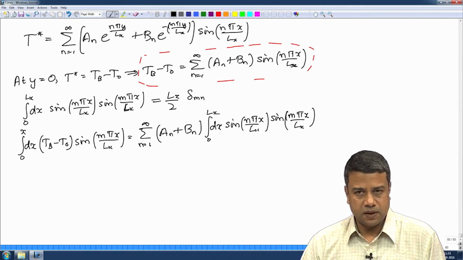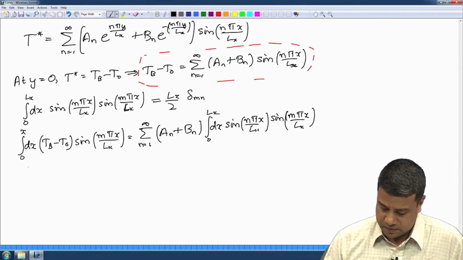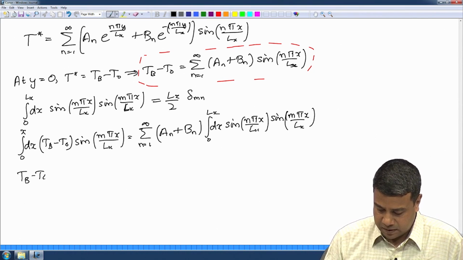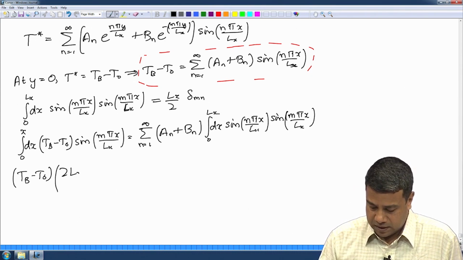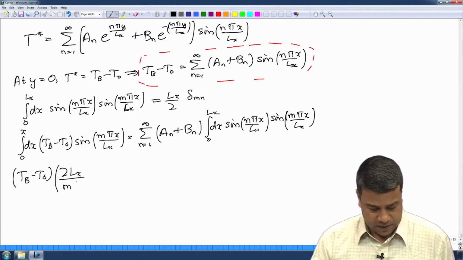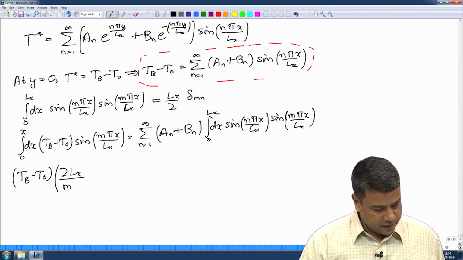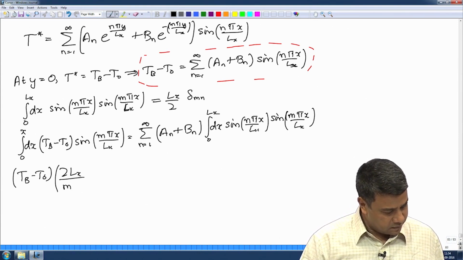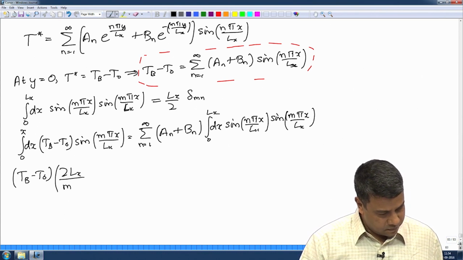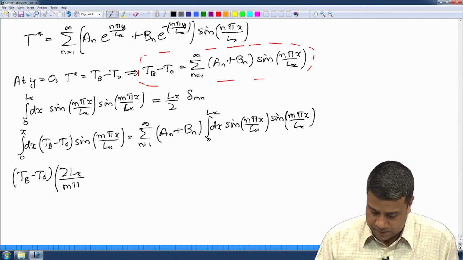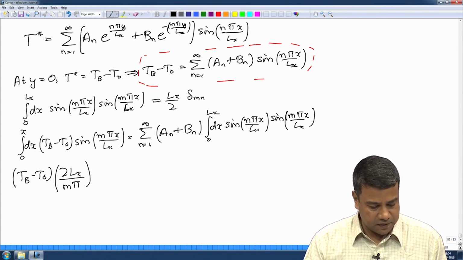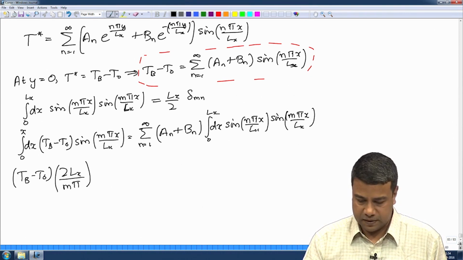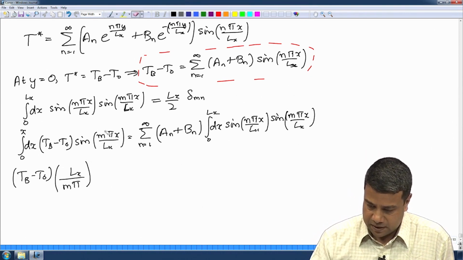On the left side you can do the integration. This will be equal to Tb minus T naught into 2 Lx by m pi. Let me just confirm that for you. Yeah, 2 Lx by m pi. And this is 2 Lx by m pi for odd m, and it is equal to 0 for even m. So, you can actually write it simply as